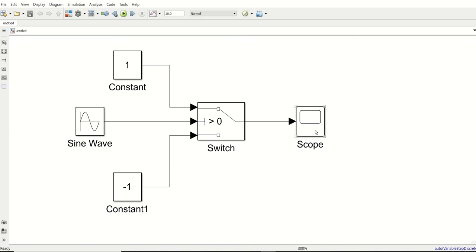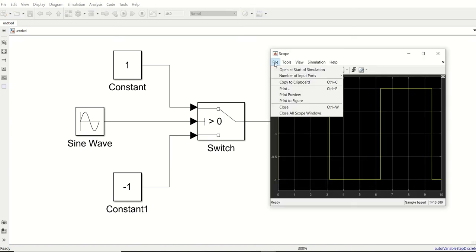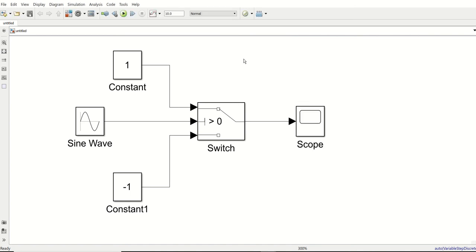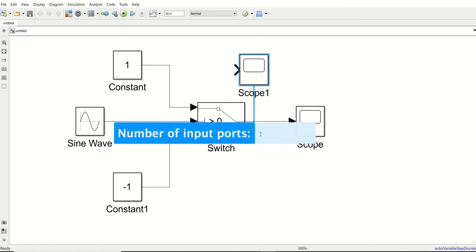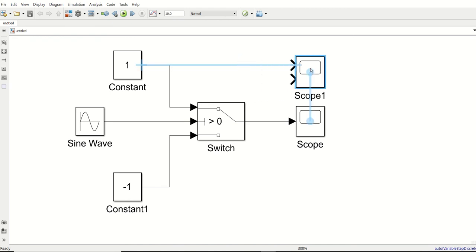So we'll make the number of inputs 2, or you can take another scope. Let's take another scope, and it asks for the number of inputs. You can directly press 2, or go inside and change the number of inputs.